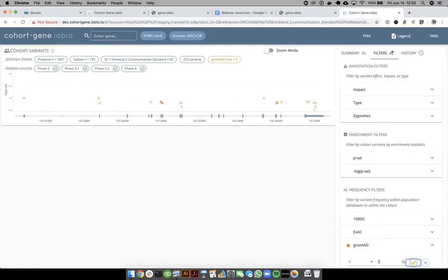And on the y-axis in this scale is the enrichment of this variant in the specific cohort of data that I've selected. So I can play around and look at the variants here, and it looks like in this example set that there really is no enrichment of note. But the other thing that is interesting here, both in gene.iobio and in cohort gene, is that we're able to add our